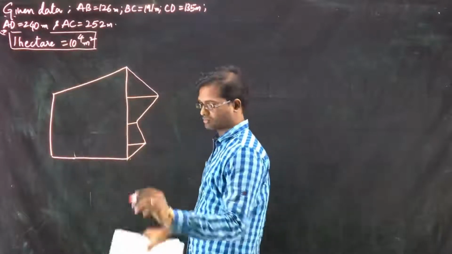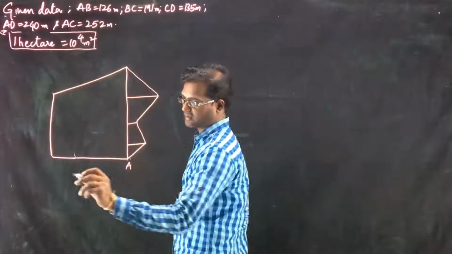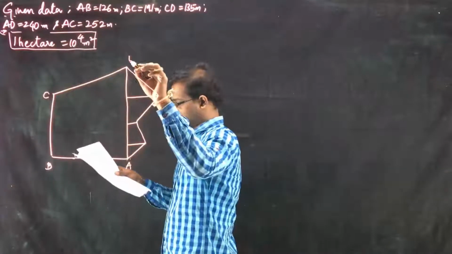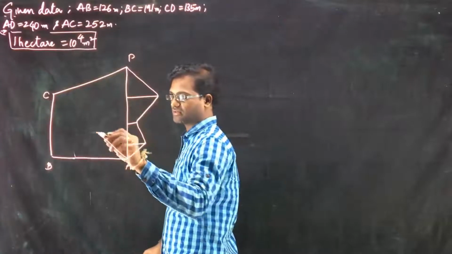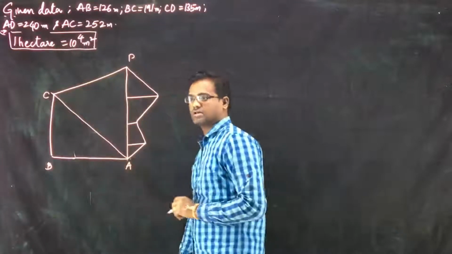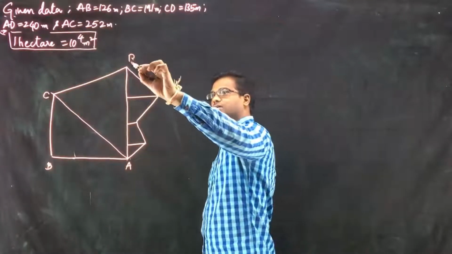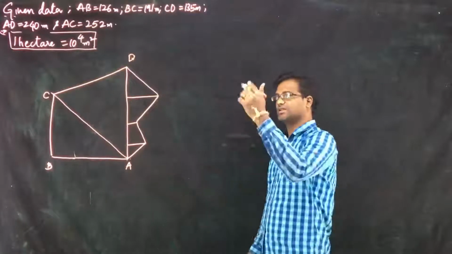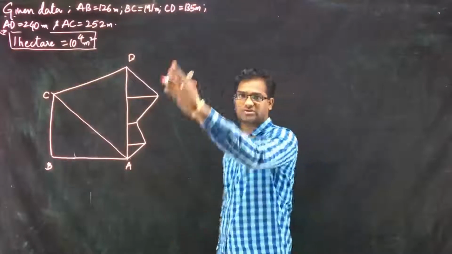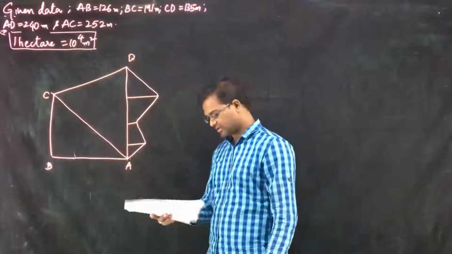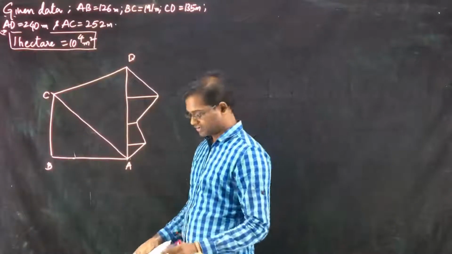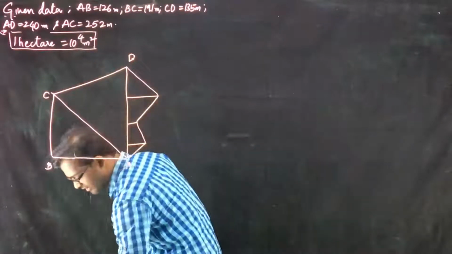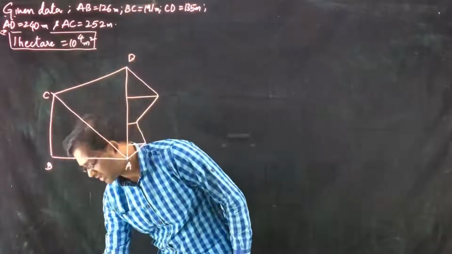Fine. So this is AB, this is C and this is D, and this is how the diagram was given and it was clearly explained in the question. So you are supposed to calculate the area of it. When you know the values of the lengths, it's pretty simple in the calculations part.